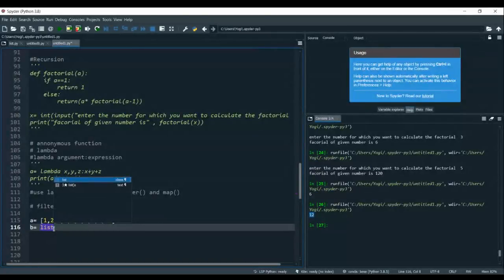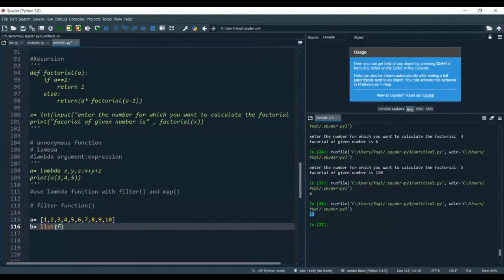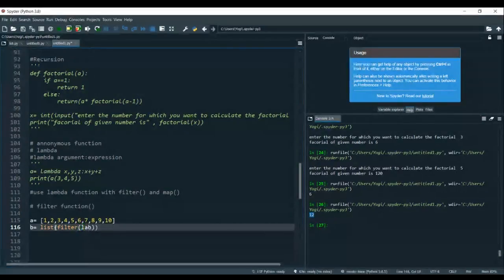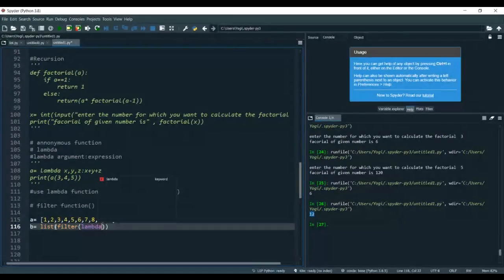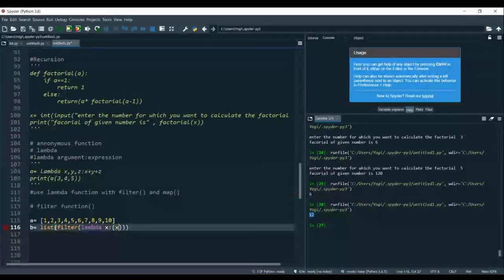I already told you that the filter function will make use of a function and a list. So I have used list, filter, what I want to filter, lambda x: write the expression.